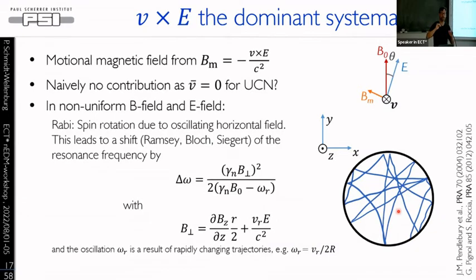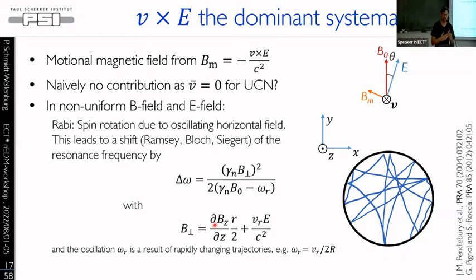And I told you, if you apply a horizontal field with a correct frequency, you flip your spin in the beginning. So this was the way you do the spin flipping. And now this atom is whizzing through the field. It sees two fields. This is the field because of gradients, so different fields at the ring or at the outside than in the inside, plus the field coming from the electric field in this V cross E. And then you see, because it moves differently, it always oscillates. You have an oscillating field in this plane,